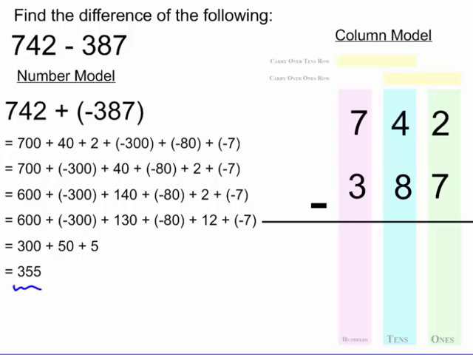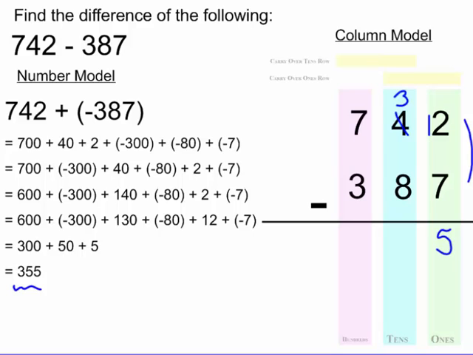So I'm going to start with my column model. And again, I have a potential negative number being created in the ones column. So I am going to borrow 1 from the tens column, and I will bring that 1 over. So now I have 12 minus 7 in the ones column, so that would be 5. Whoa, here's a challenge though. When I hit the tens column, I have the same thing where I'm going to end up with a negative number